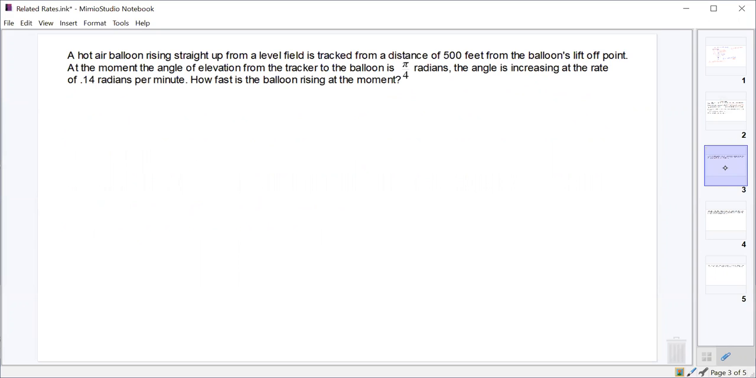So we're going to give a shot at this one. We're going to have a hot air balloon that is rising straight up from a level field. All right. Here's my level field. Pretend that's level. Here is my hot air balloon, I want it to be a different color. Okay. And it is rising straight up from this level field. And we are over here, somewhere over here,